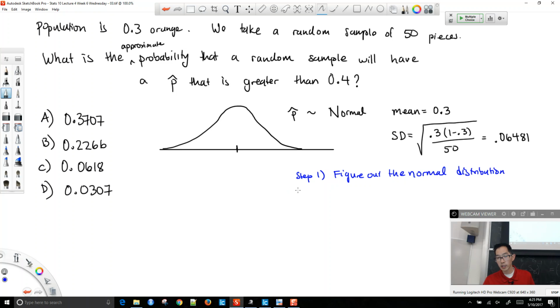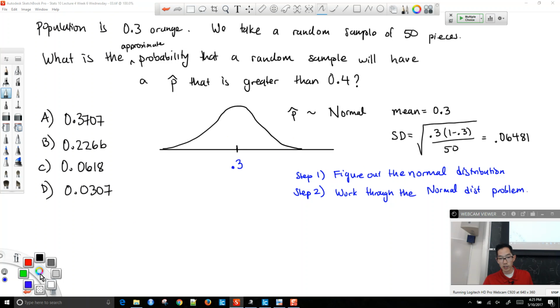Okay, and then step 2 is work through the problem as if it were a normal distribution problem. So I'm going to just call this: work through the normal distribution problem. Okay. And so once we have our distribution set up, we say, okay, with a normal distribution problem, I've